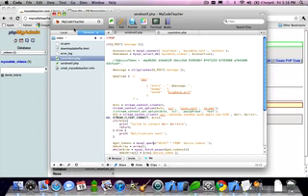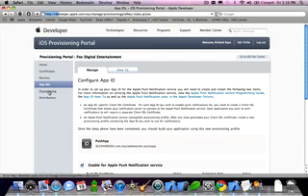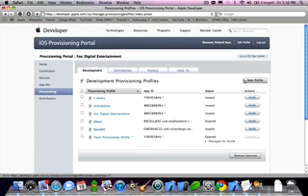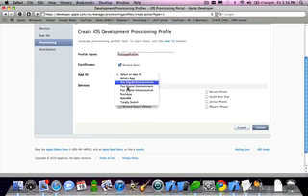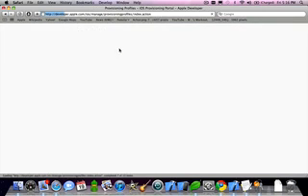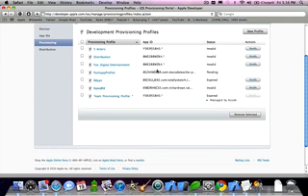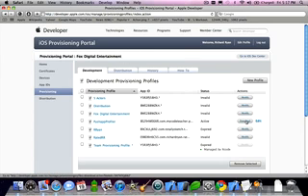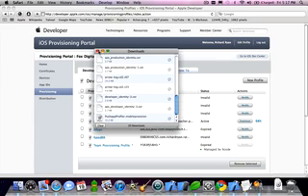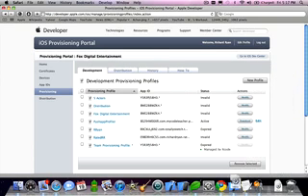So I need to go back to Safari, and I need to get a provisioning profile. So I'm going to make a new profile. I'll call it Push App Profile. Check off the certificate. The app ID is Push App. I'm going to select all, which is unnecessary, but just to save time. Okay, now that's pending. I'm going to refresh, and now I'm going to download. Okay, and now I'm going to drag this into Xcode,